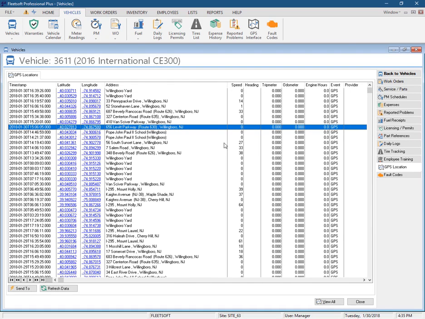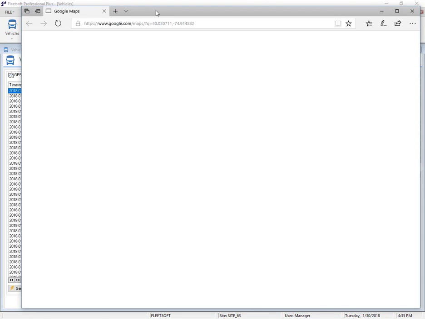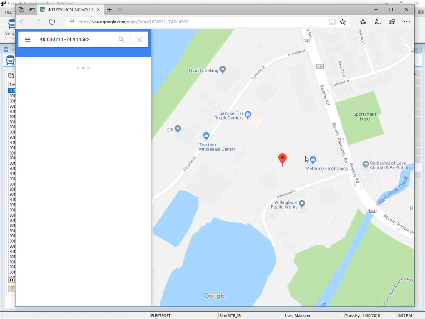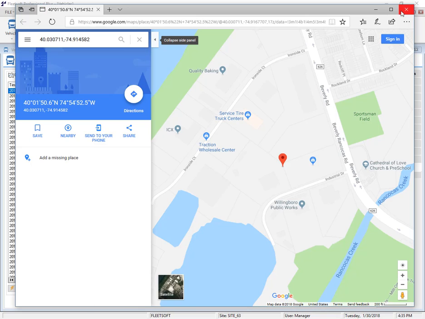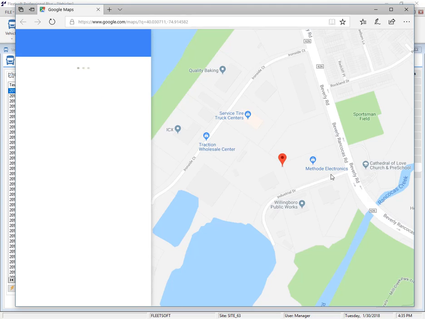And so here's some of that GPS data that's been coming in, the most recent at the top. If you click on the hyperlink here for the latitude and longitude, it'll even open up your web browser to that spot in Google Maps, so you can kind of see where it is. There's no mapping right now in Fleetsoft. If you want to get more mapping and routing, we would suggest you just use your provider's mapping interface for that. It would be the most robust. But you can see easily in Fleetsoft here, where it currently is,